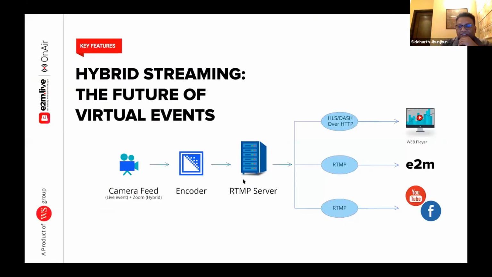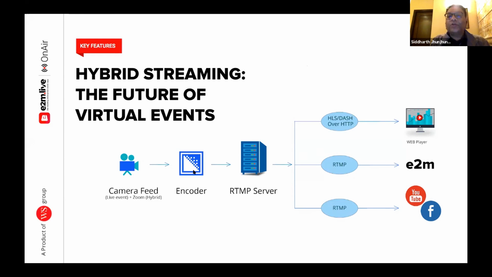So essentially, this might be a little overwhelming for some of our customers, but I think it's very useful, because this can help you understand how this world evolves from 2021, 22, and beyond. What you're seeing on your left is a live camera feed of a physical event, which we call in real life. But at the same time, you have folks joining in from Zoom, and they are mashed up